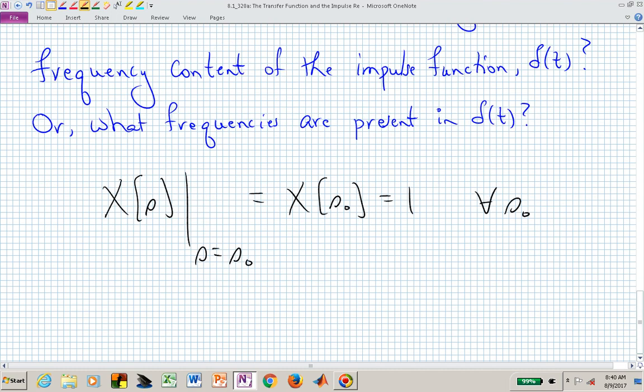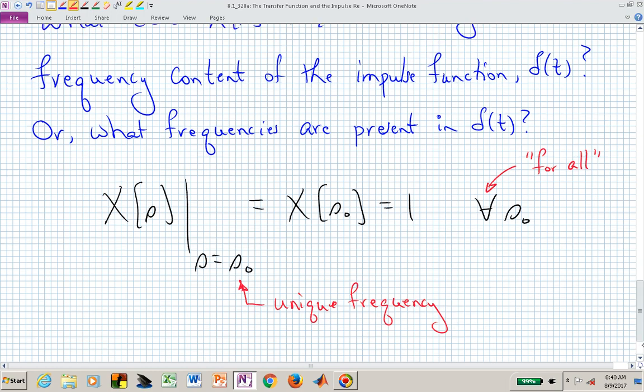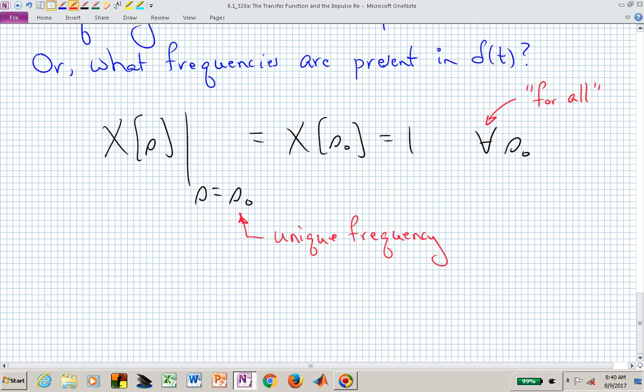Since this s sub 0 was arbitrary, but it was a unique frequency, and this symbol really just means for all, we looked at one unique frequency, but we could look at any unique frequency, which really now says that all frequencies